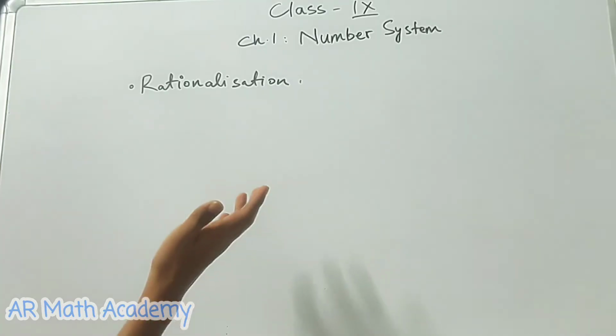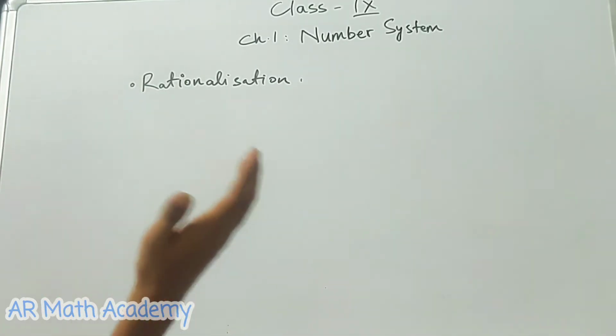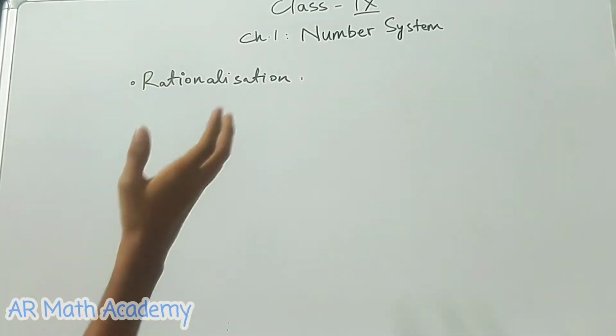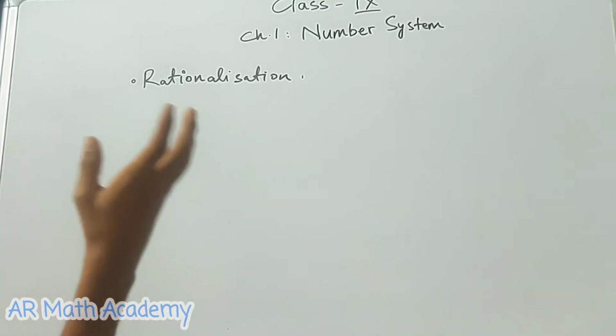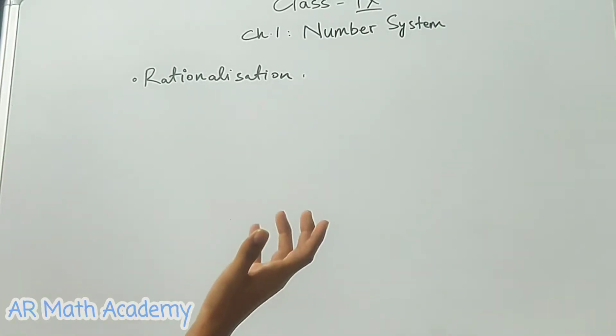So hey guys, welcome to another video, and this is the video of class 9 chapter 1 number system, where in the previous video we have already seen a few properties of irrational numbers, and further in this video we will be looking at some concepts like rationalization and another concept, the law of exponents,